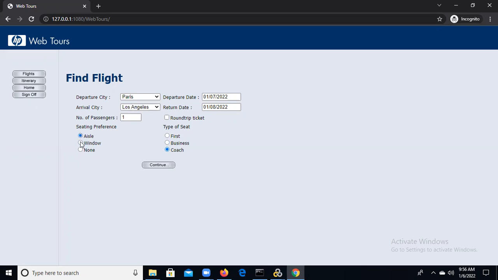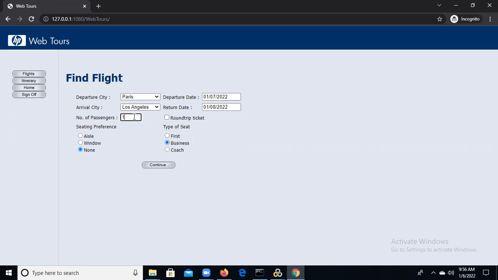This also is there, right? This is also dynamic, because if I'm interested in a window seat, then I will book a window. If I don't want a window, then I will go with non-window. So this is also changing, depending on our situation, and the same for the type of seat. If I have good money, I will go with business class. Otherwise, if I don't have good money, I will go with first class. So based on that we need to change it. So this is also our dynamic value.